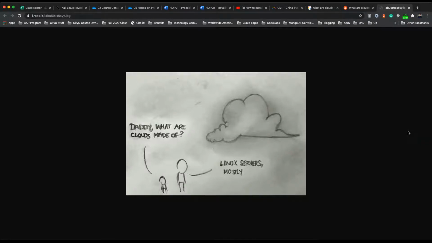We are just consumers of Windows OS or Mac OS, but in reality, most of these websites or web applications that we access, such as QQ or Weibo or the Tencent ones, their apps are running somewhere. They're running on a machine, on a computer, and most of the time, the operating system it's running on is a Linux operating system.